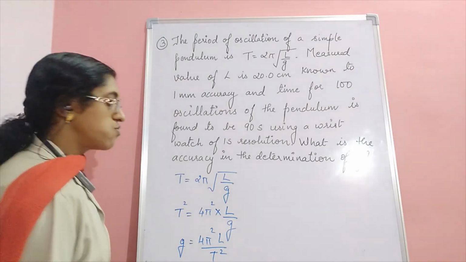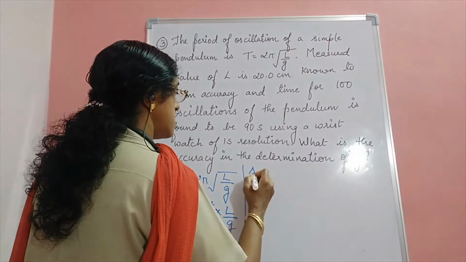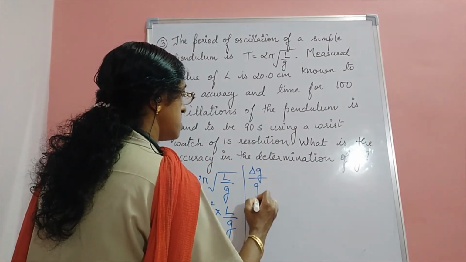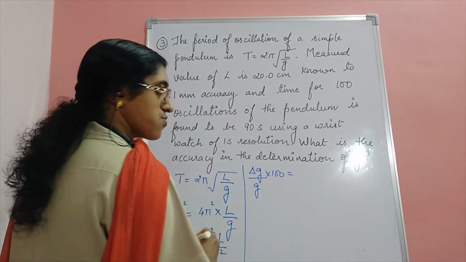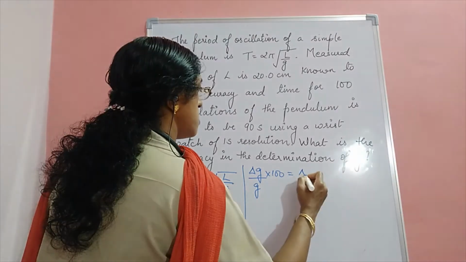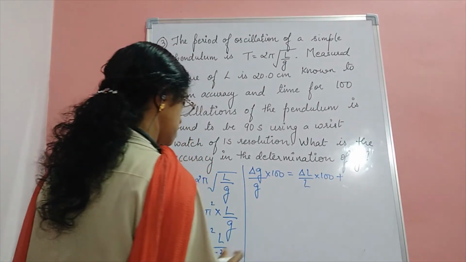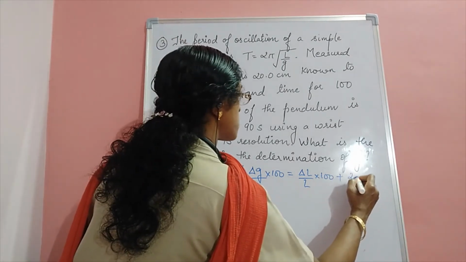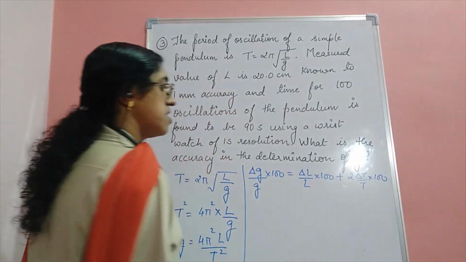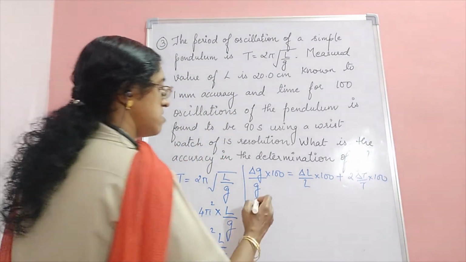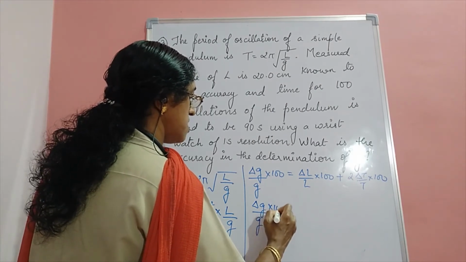Now, I would apply the rule for errors. Applying the rule for errors, del g by g into 100 will be equal to 4 pi square, these are constants, so del L by L into 100 plus, T square it is, so 2 times del T by T into 100. Now, we will substitute the values. That is, del g by g into 100 will be equal to